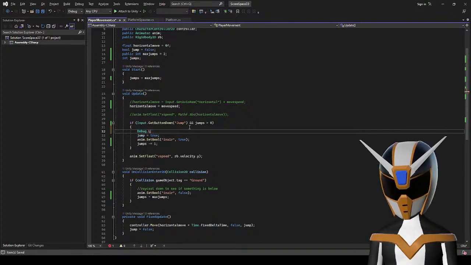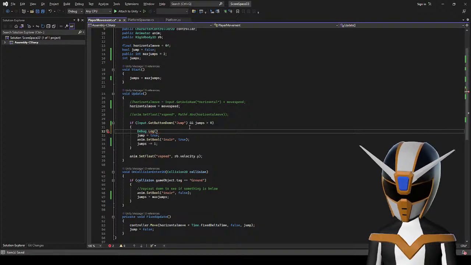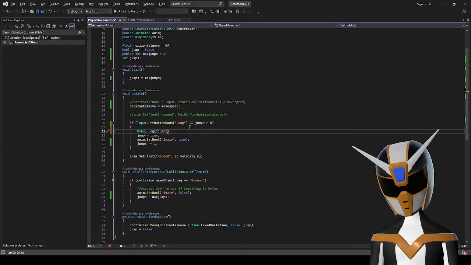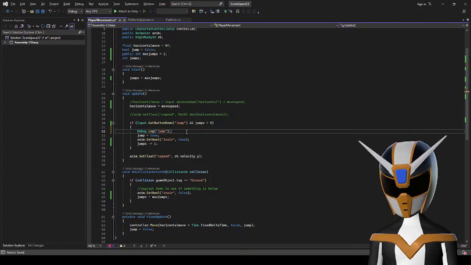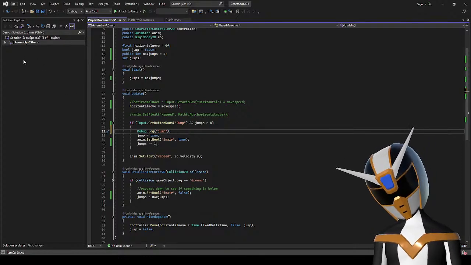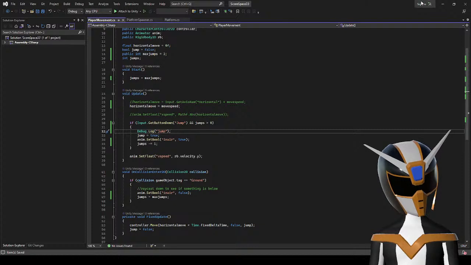Okay, Debug.Log. Let's just have it print jump when I jump. That would be ideal.